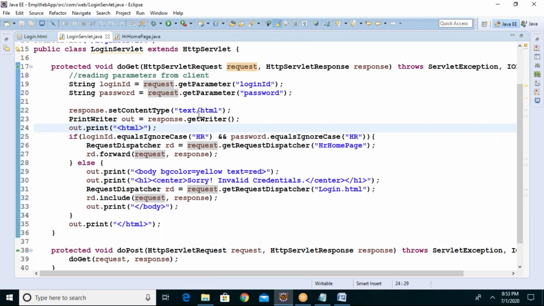In future we'll add some JDBC code to shape it into real-time mode, but not servlet concepts. These are the concepts you should be clear on for servlet. How many of you are confident on all this code? First, let me know, everyone.